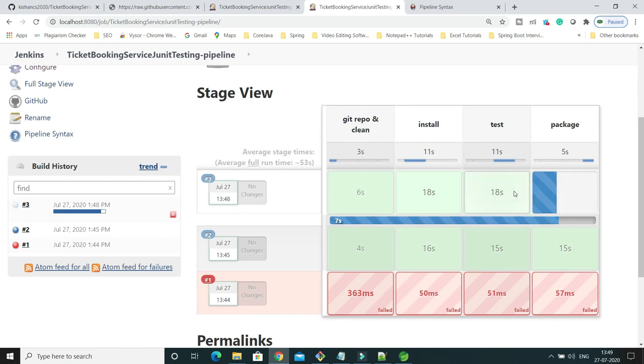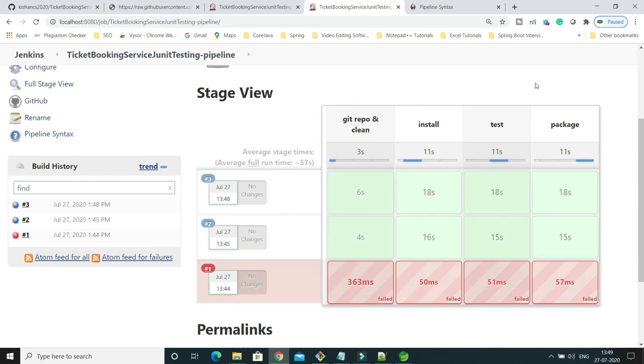Test cases are executed, and that is in progress. Packaging, so I hope this should succeed as well. Cool. So this has succeeded, guys.